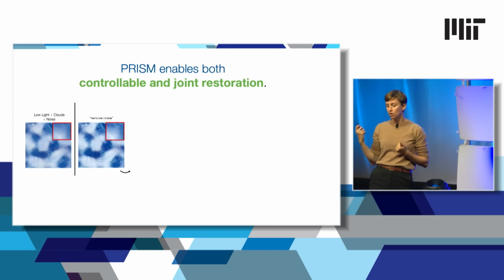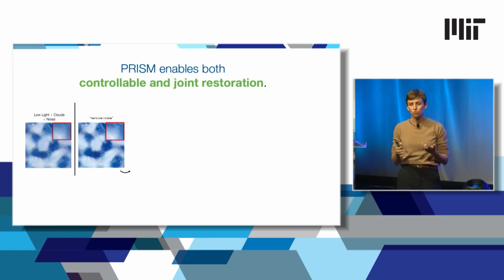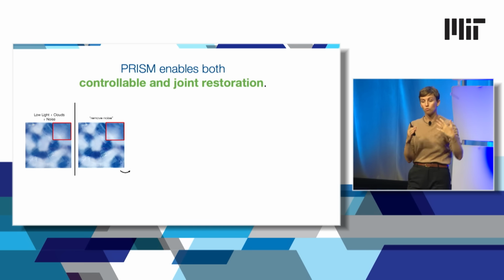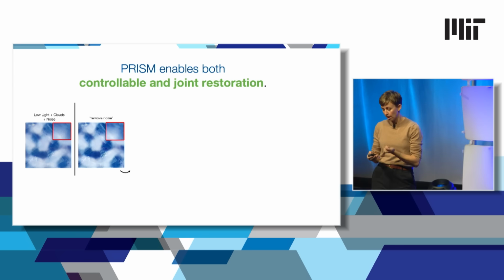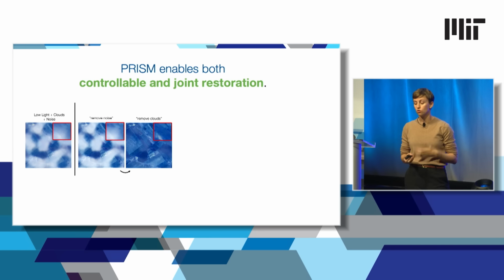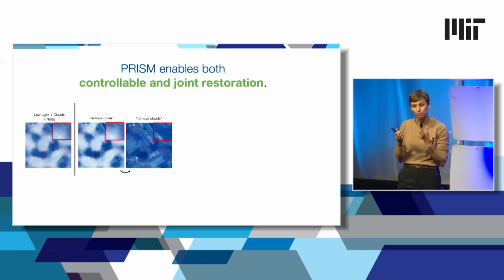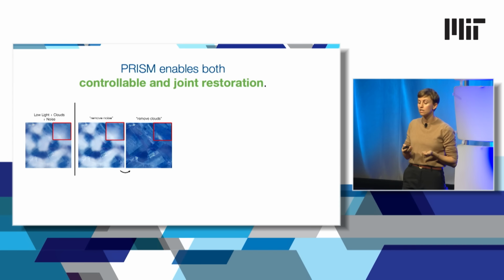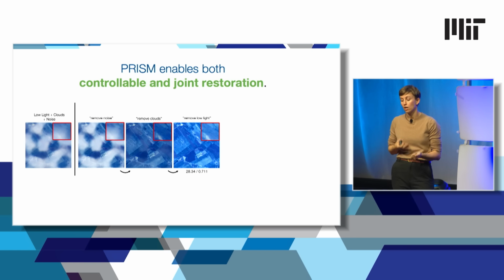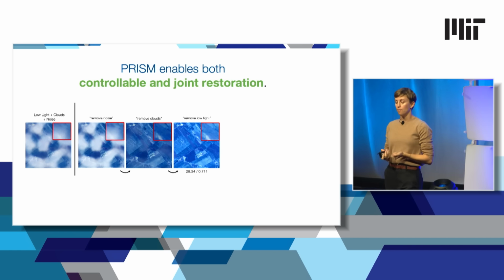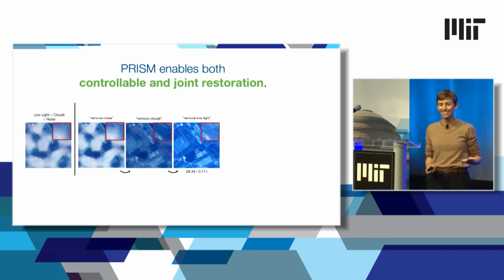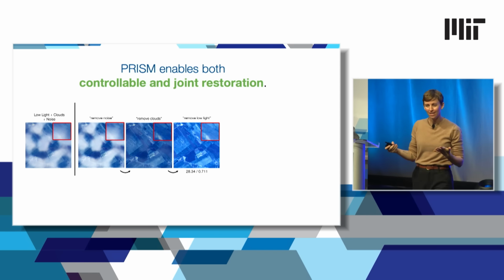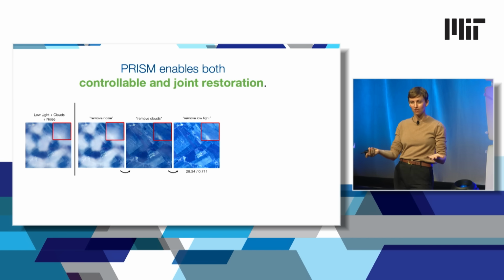So one thing you could do, with this kind of controllability, by prompting our model, is remove each of these types of distortions independently. You can try to remove noise, okay, you get something kind of diffuse. You can try to remove the clouds, all right, now we have some blurriness, but we are kind of anticipating what might be underneath. We can try to remove low light, and okay, we can see we've done something. Is it correct? That's the interesting question, right? How do we know that this generated image is actually correct?